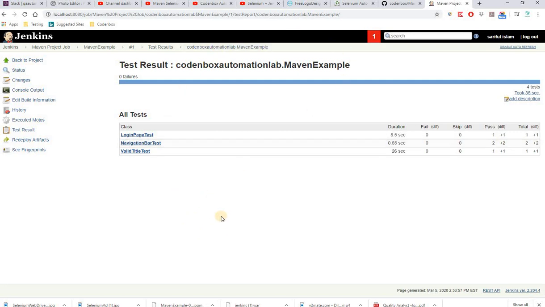So pretty much that's all about this. That's the way you configure and connect your project in GitHub or source control, and then you can trigger your build from your Jenkins. Okay, and also you can